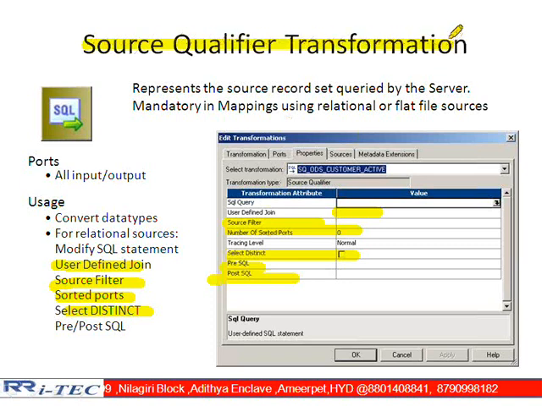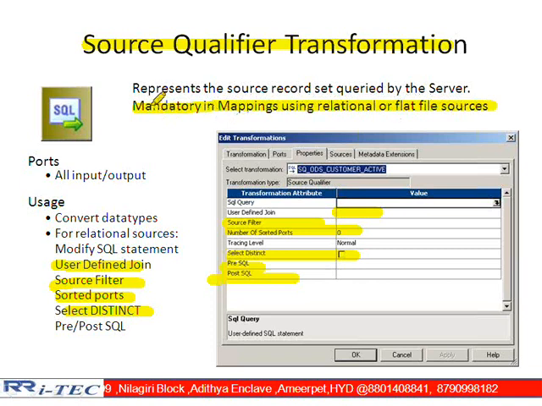The one point you need to understand regarding the source qualifier is that it is mainly useful for reading. What is the main advantage, sir? Reading the source is what the source qualifier is useful for. The source qualifier is mandatory in a mapping when you are using a relational database or flat file.